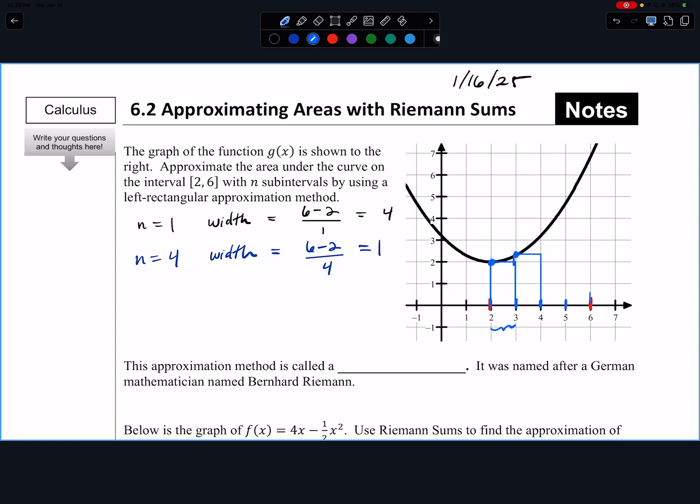Okay? Same thing from 4 to 5. Where the function meets at 4 is right there, so I'm going to draw across and down. And at 5, the height's going to be right here. Go across and down. So these would be my 4 rectangles